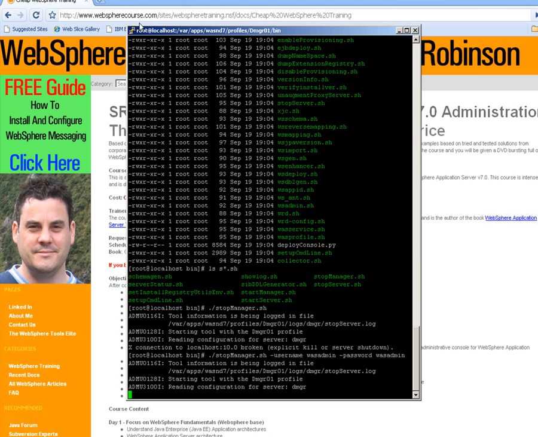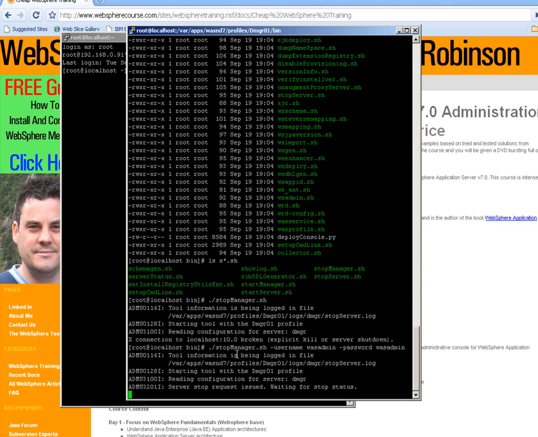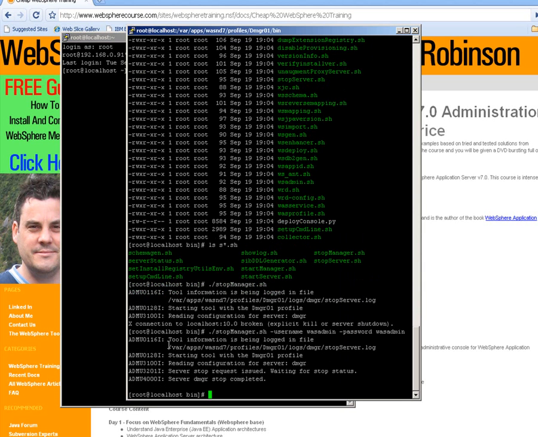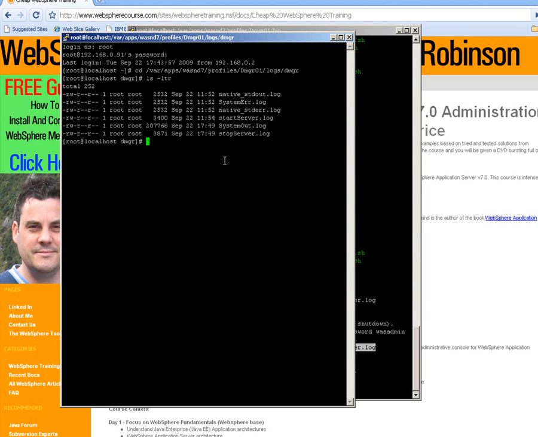It takes a while for Java processes to stop, so what we can do is duplicate the session, and we can actually look at logs via the tail command. So I'm going to log back into this virtual machine, and if I go and have a look at my previous window, we can see that the tool is reporting to me the log name. So if I change directory into the Deployment Manager log directory and do a listing, I can see that